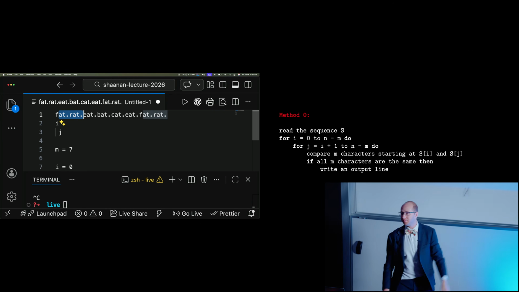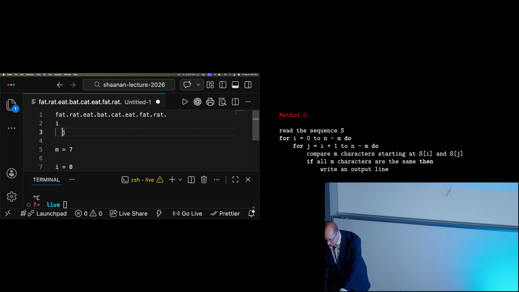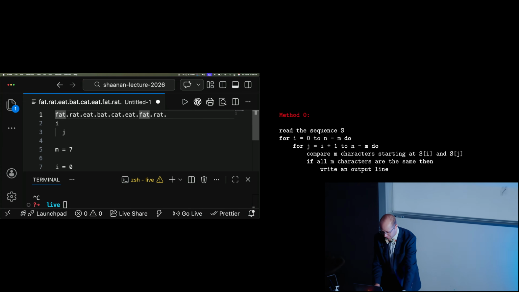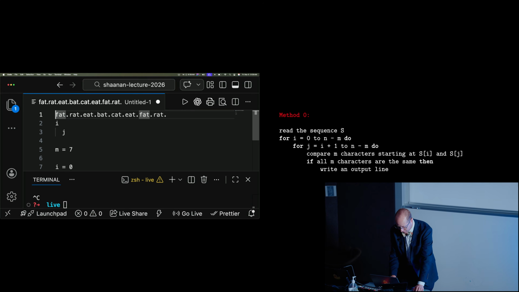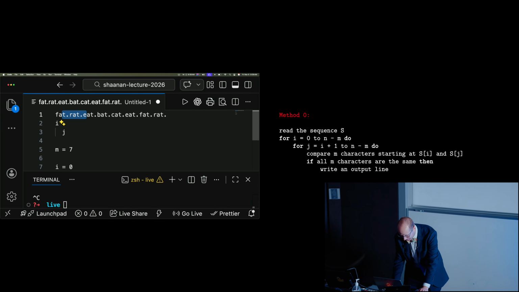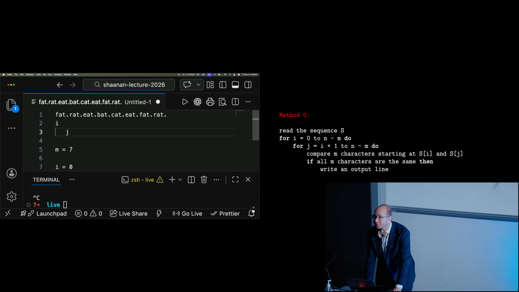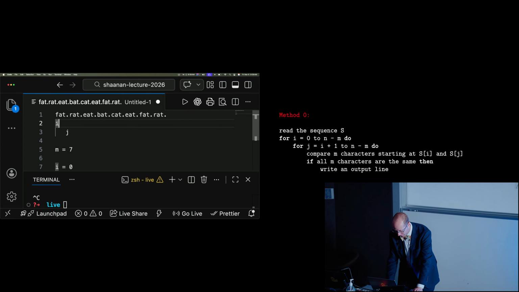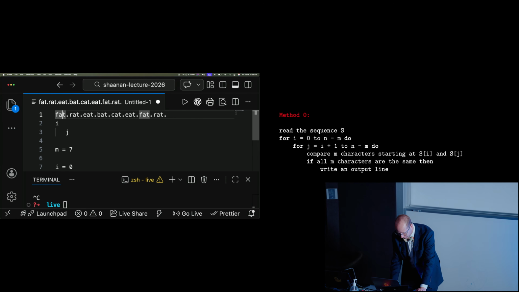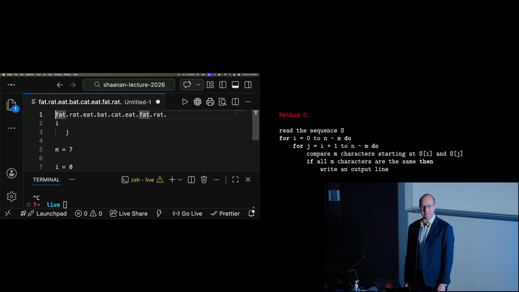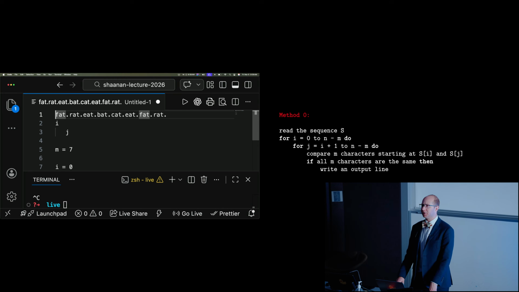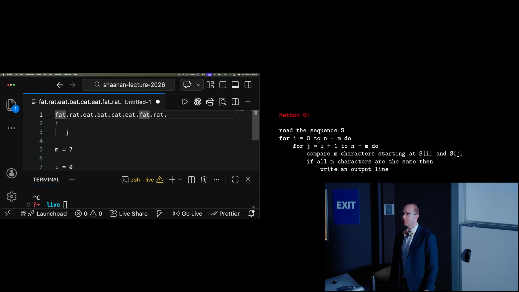We iterate j by 1 and then check. Okay, move j along by 1. Now we look at the I again, so that's fat.rat, and what do we compare it with? The t.rat.e. Are they the same? No. Okay. Iterate again, check, same for I, and then compare with the j. And I'm getting a bit tired of this process. Something about it seems pretty inefficient. Can you think of one way that we could improve this process?